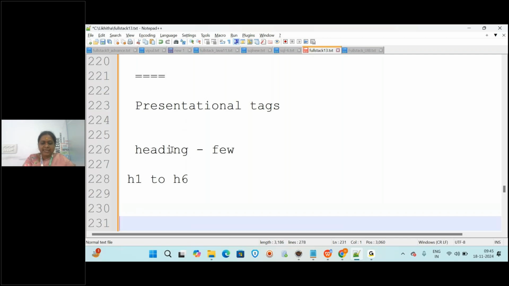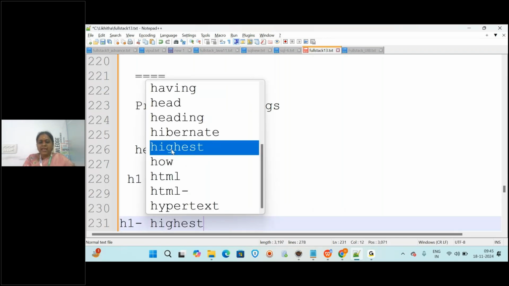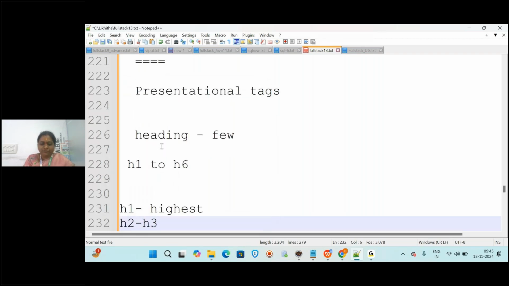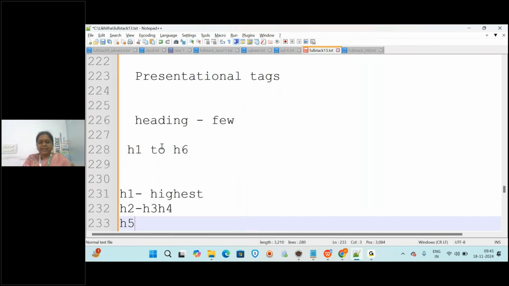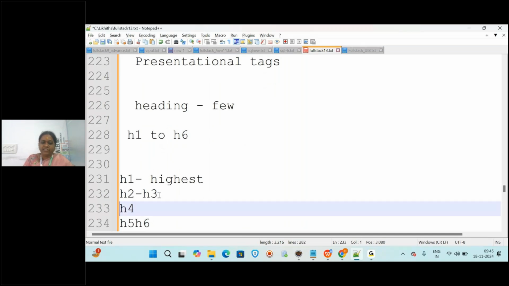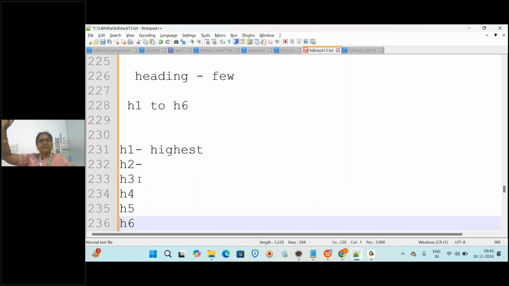H1 is the highest heading tag. What is that? Highest heading tag. And H2 is a little lower. H3, H4, H5 and H6. So one by one you will have H4, H5 and what? H6. H1 is the highest, very big size.